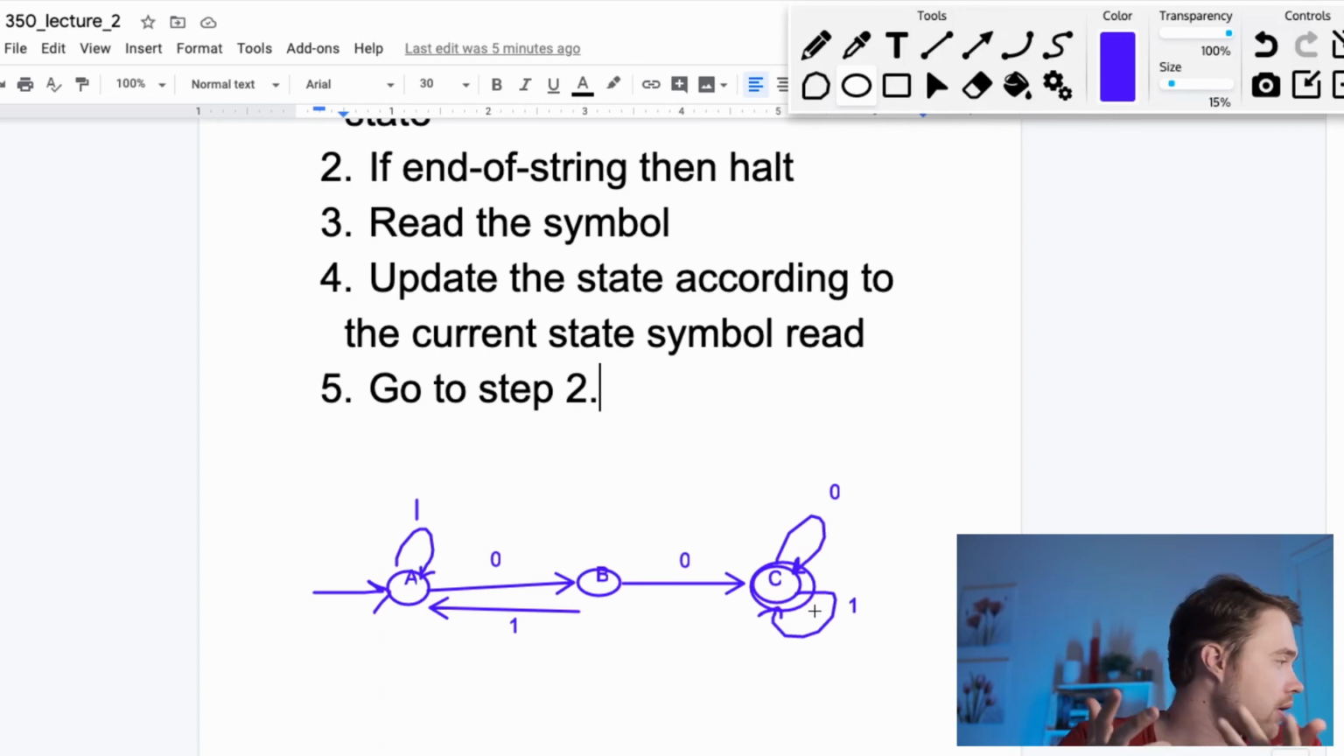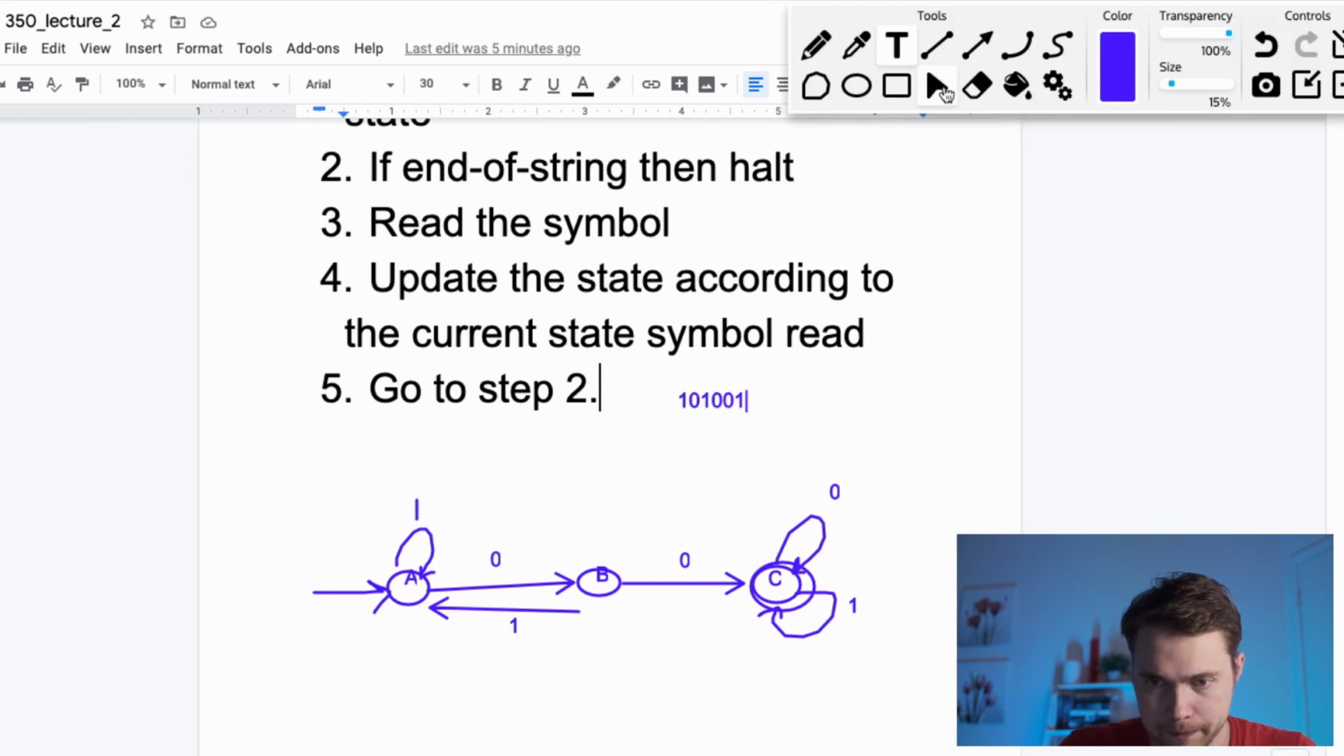So, for example, in our case, let's talk about the string. I don't know. So the string would be, let's do 101001. Okay. So like that,